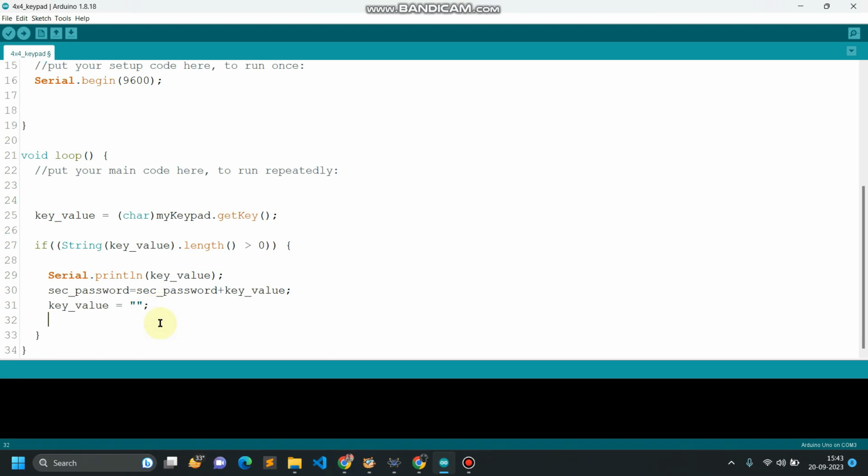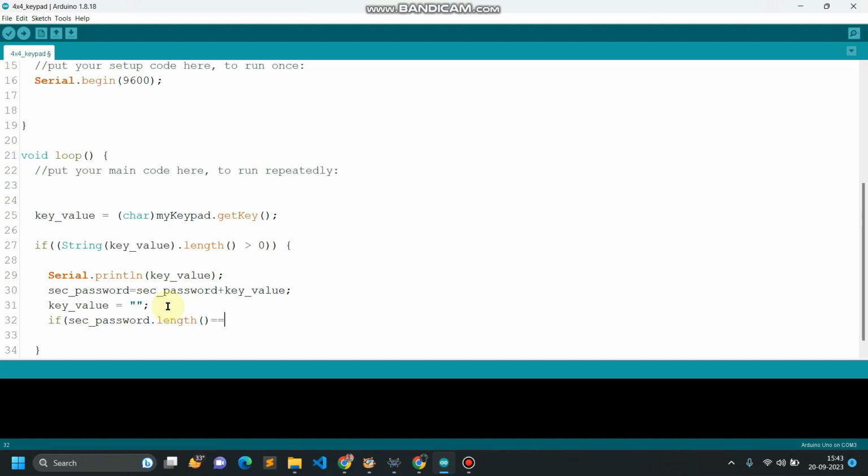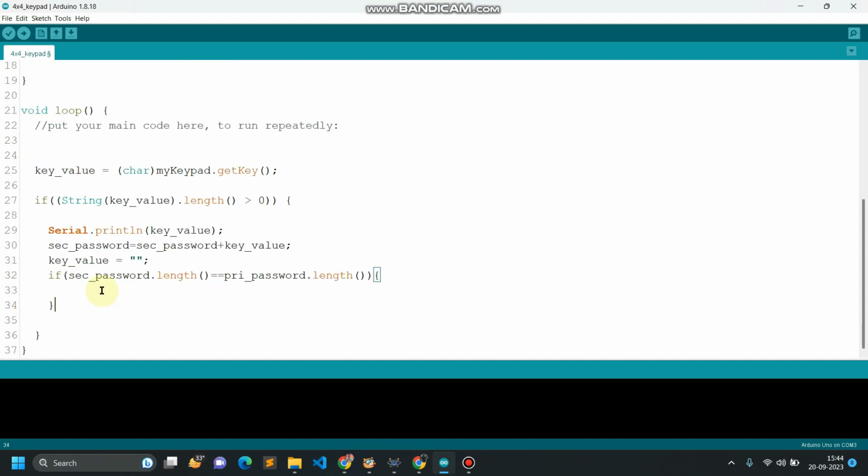Now I have to check the length of my secondary password that I have created using the buttons from the keypad. If secondary password dot length equals primary underscore password dot length, this will check if the length of both passwords is the same or not. If the length is the same, then we have to compare whether all the characters are the same. So how will we do this? We set the if condition here: if secondary password equals primary password, then we write serial dot println